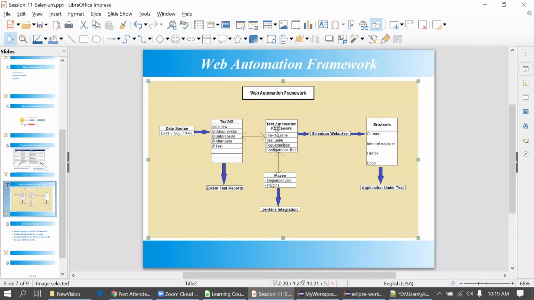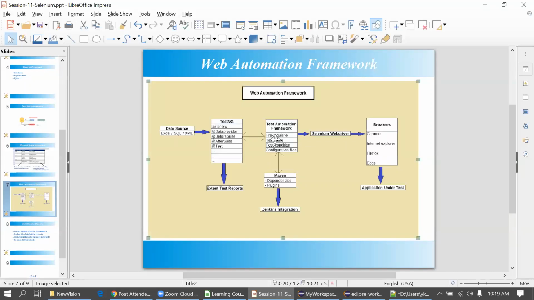Okay. So this test automation framework will interact with TestNG. So we have covered TestNG as well. It will simply make our task easy. So TestNG has annotations like data provider, and then different ones like before suite, after suite, before method, after method. That will all be covered in TestNG. Okay. And this TestNG will interact with the data source, by using this data provider annotation. And also it provides the extent report as output when test case execution is done.